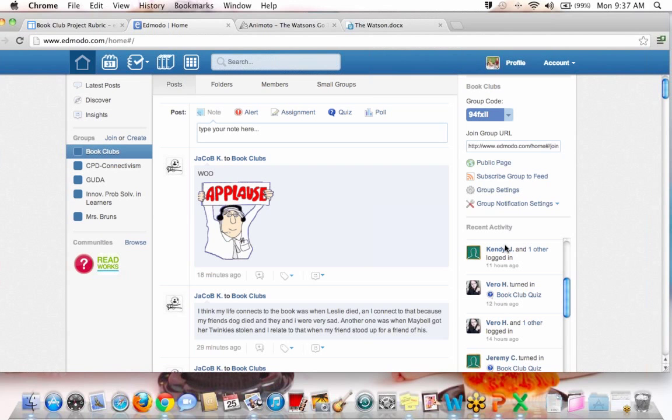Here's one compliment: he thought the trucks were cool. Oh, there you go. Okay, so he thought that the trucks were cool. Do you think that was an important image to the story to show the trucks? Yeah. Vero, what would you like to say? I like the picture of the pencil. I do too. I liked the picture of the pencil. It really showed how important writing was to Lee.